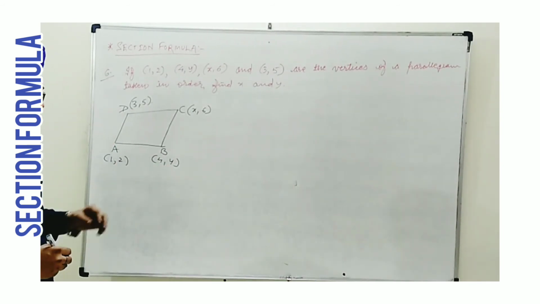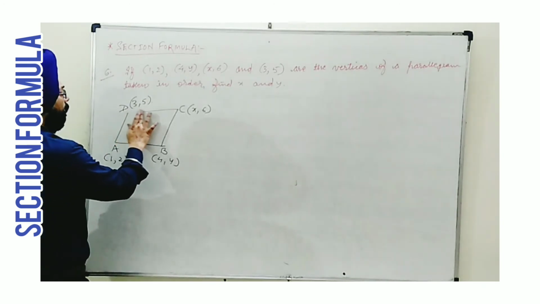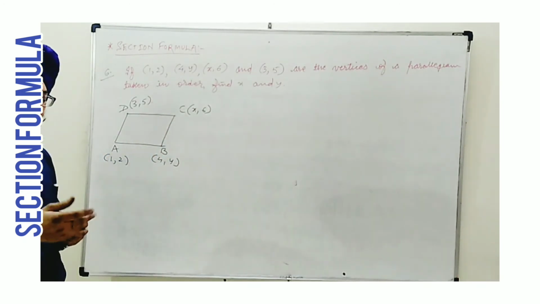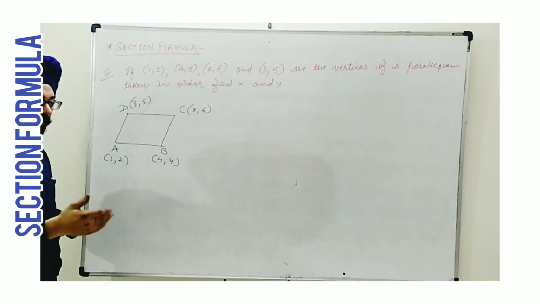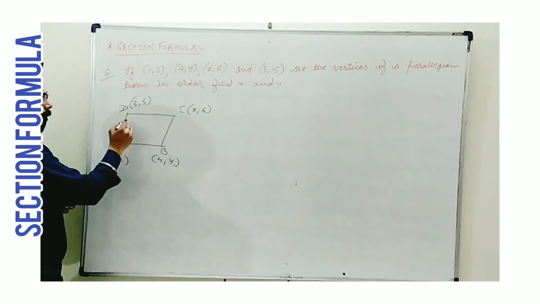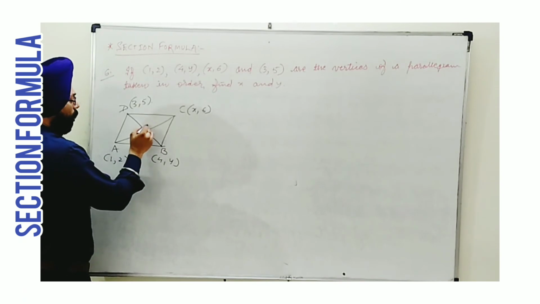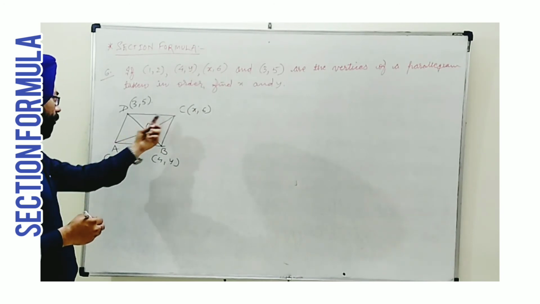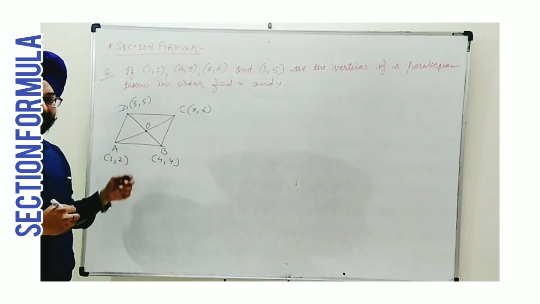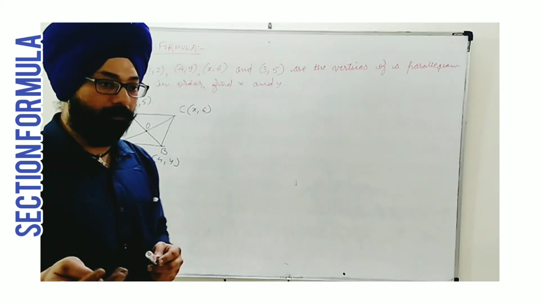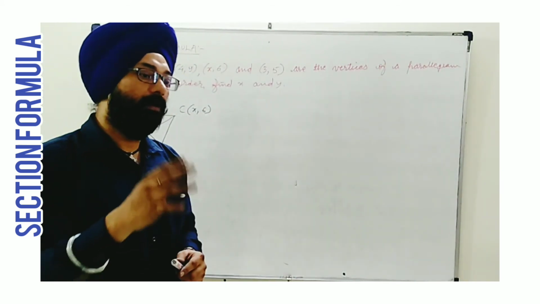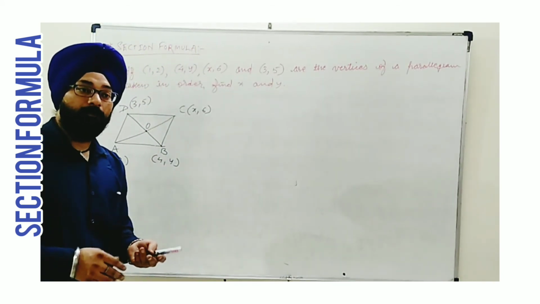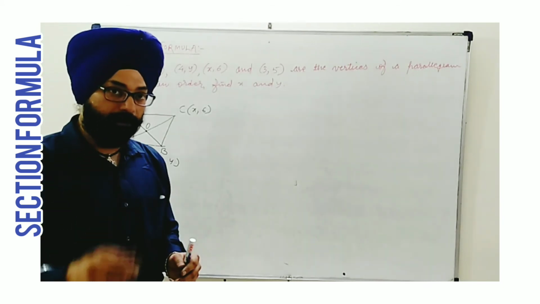Here in the distance formula also we have seen the concept of parallelogram. Now in this case when we are talking about the section formula and its other applications, here we are having one additional thing. What's that? Let's see. By the property of parallelogram, consider this point as O, then it means O is the midpoint of BD and also of AC. By a basic property of parallelogram, not only of parallelogram, all other types, rhombus, rectangle, square, we know that diagonals bisect each other. So this point will be taken as the midpoint of the diagonals, and obviously now on this concept we can apply the midpoint formula.